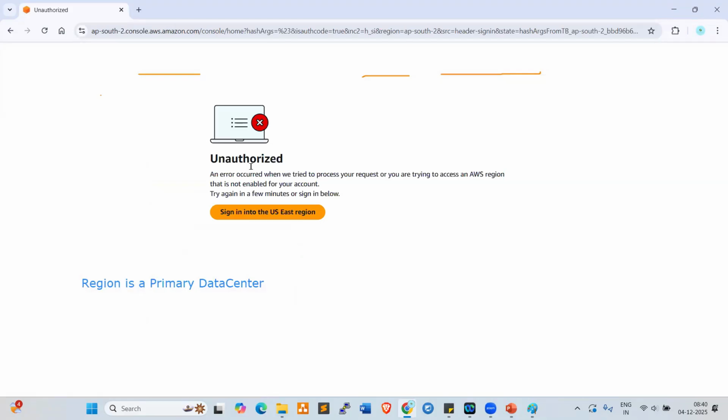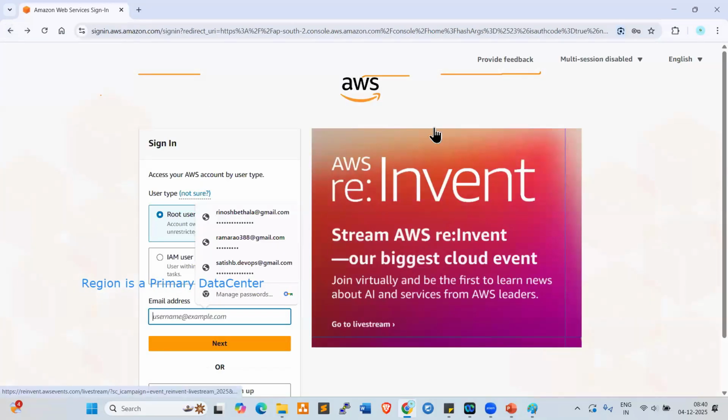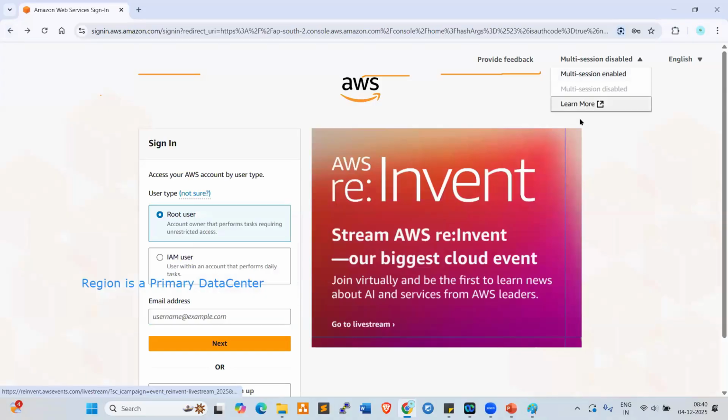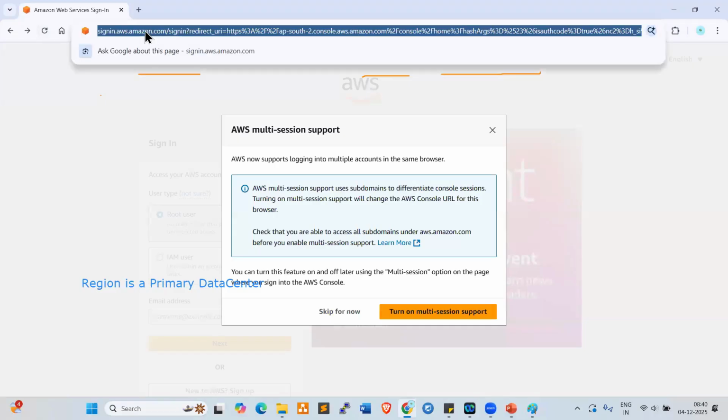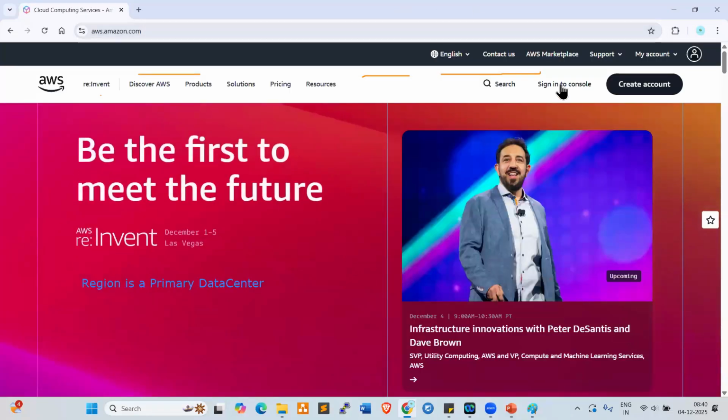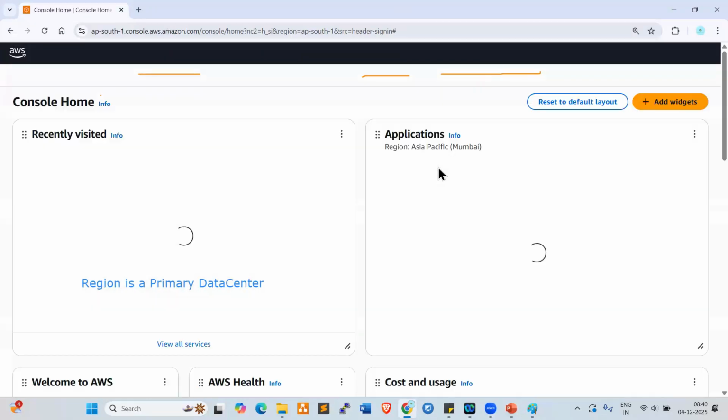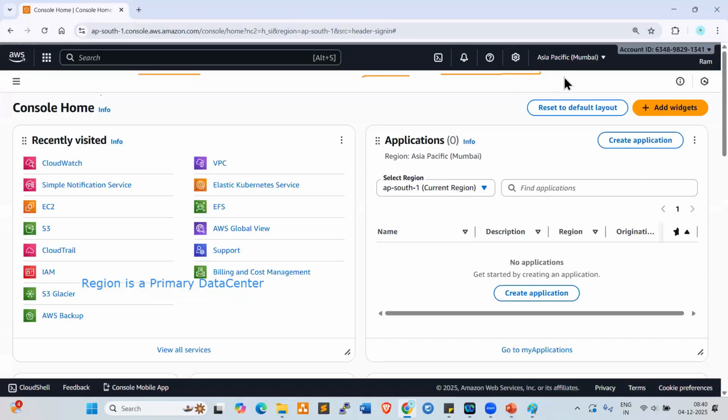Okay. Yeah, Hyderabad is not accessible currently. Hyderabad is not accessible because we are using free accounts. So that is why Hyderabad has some restrictions.